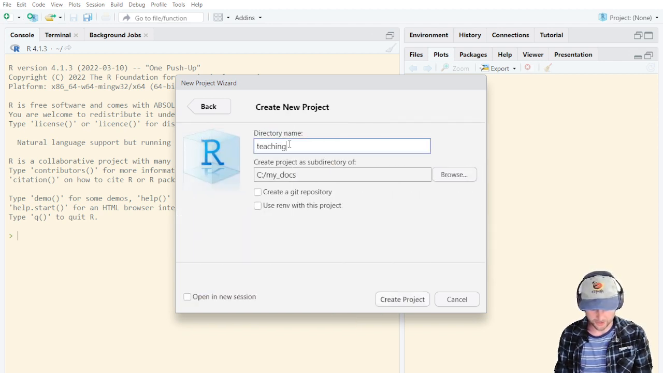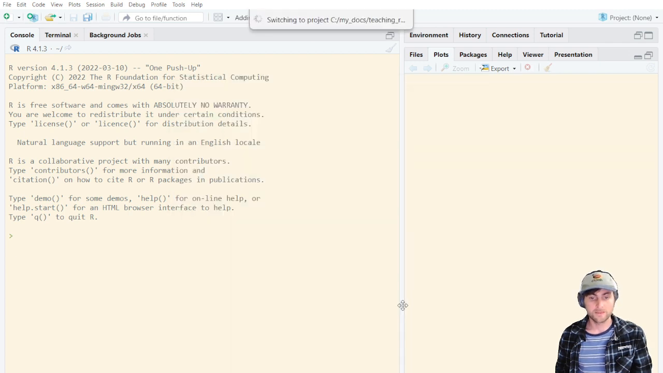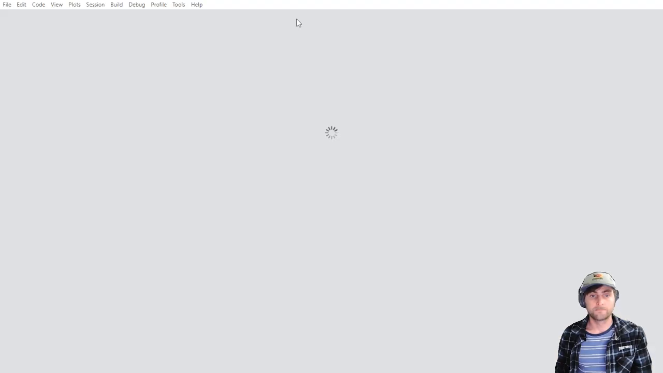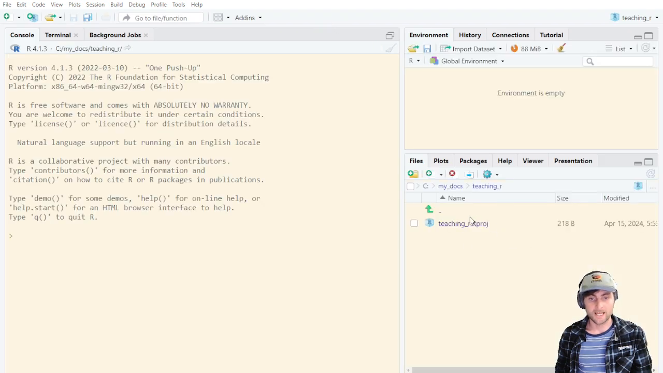I'm going to call this Teaching R, and it's going to be stored in the C drive and in a folder called My Documents. And I can change that by browsing somewhere else on my computer, but for now, that's fine. So I create the project, and it's going to switch to that project. And if we look at bottom right, we have this working directory, which is the same folder that we have in our computer. So we'll see that inside that folder, we have a .rproj file, and I'm also going to